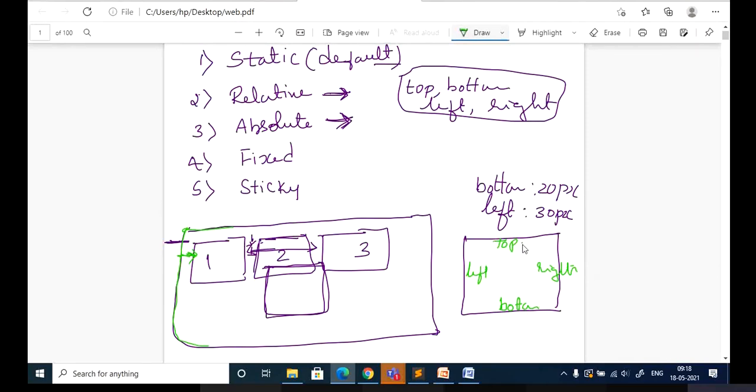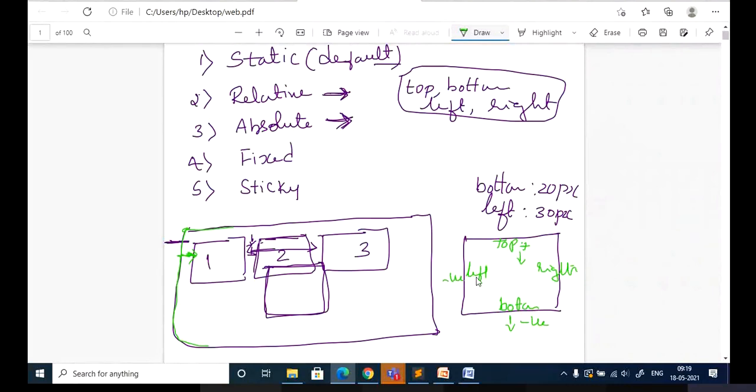Normally you can set it to either a plus value or a minus value. If it is plus, it is going within the box. It will move within the box. If you give a negative value, like bottom minus 26, that is outside the box, it will be represented as negative. Okay, left,